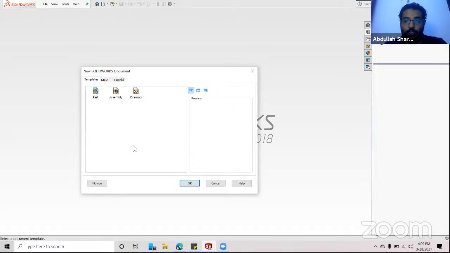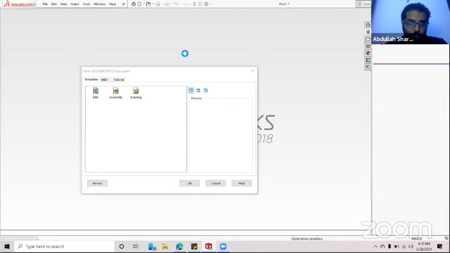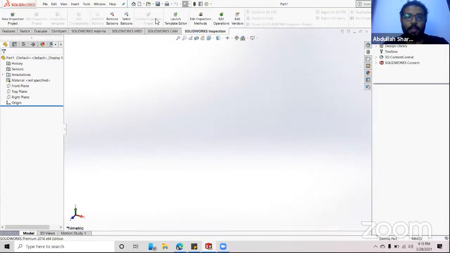So for today's lecture, we will go to the part. And by double click, I will open the main window, or the main navigating window, of SolidWorks. So here is the main navigating window. I can see here